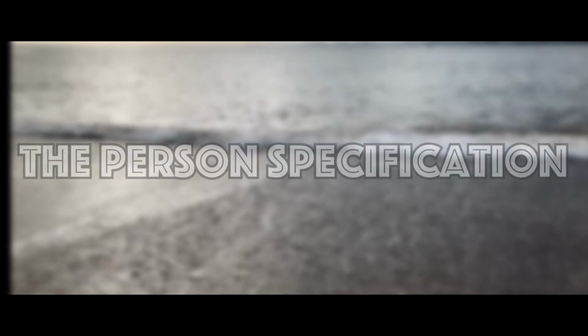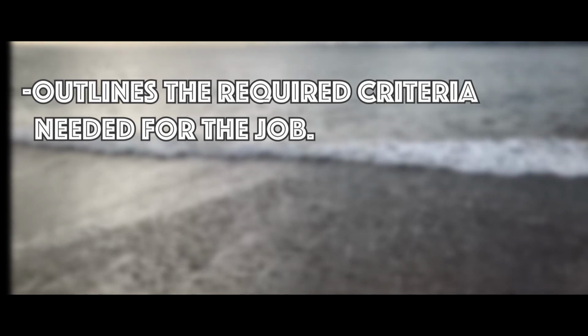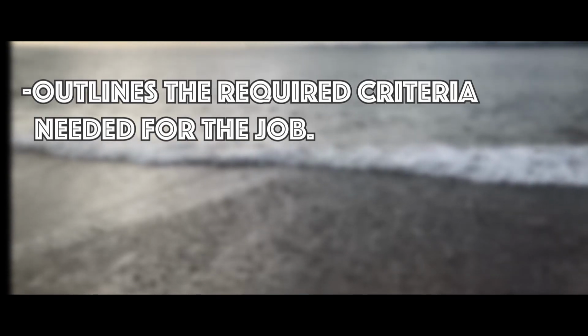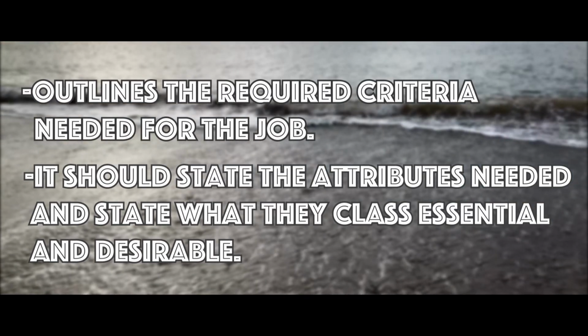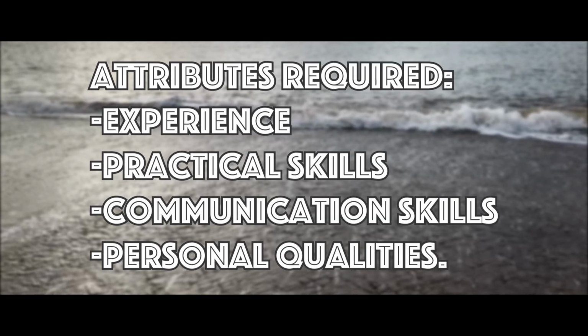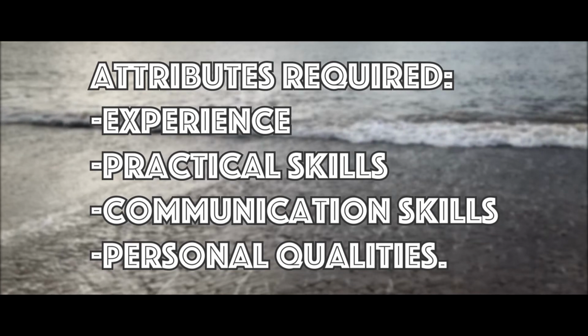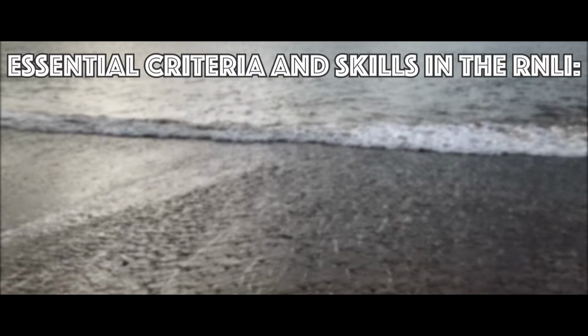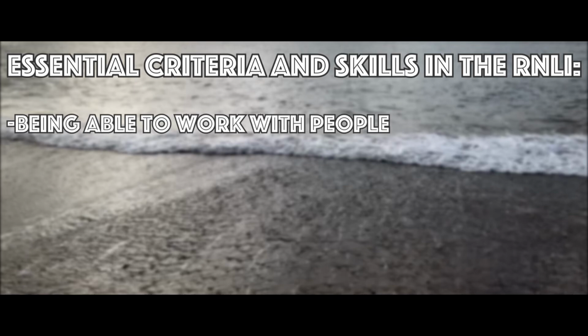RNLI. One of the most important documents needed to apply for the RNLI is the person specification. The person specification is a document that outlines the required criteria needed for the job. It should state the attributes needed and state what they class as essential and desirable. In the case of the RNLI, some attributes that may be required are experience, practical skills, communication skills, and personal